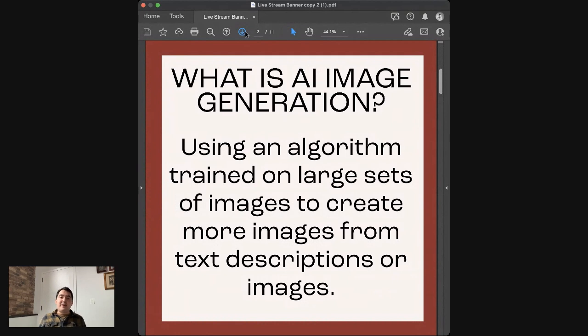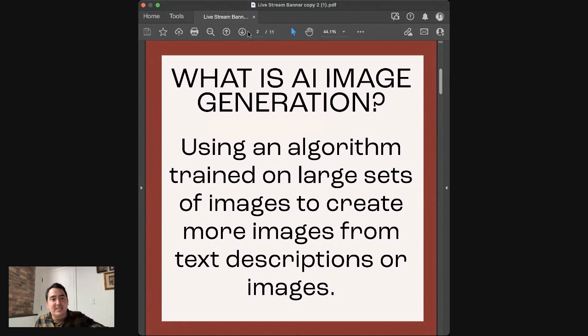So what is AI image generation? It's using an algorithm trained on large sets of images to create more images from text descriptions or images. That's kind of circular thinking here, but this is all basically saying it's a way to create images using a computer.